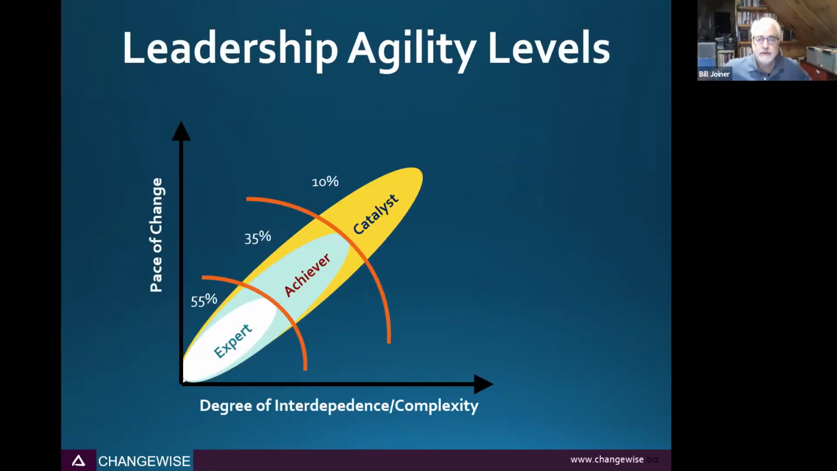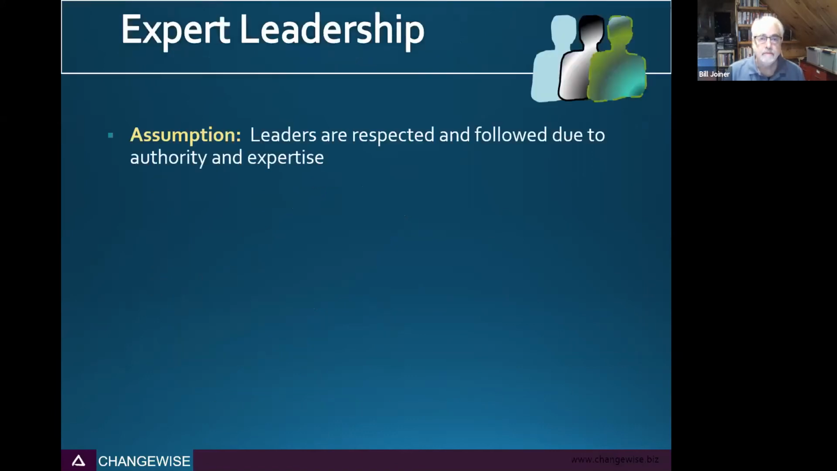So let me come back to these agility levels, and I want to put a little meat on the bones and let you know, what is the expert level? What does that look like, et cetera. A couple of things I'm going to cover when I describe each level. One is an implicit assumption that leaders have at that level about what leadership is. And it's not necessarily what they would say if you interviewed them, but it's what you could legitimately infer from their behavior. So at the expert level,